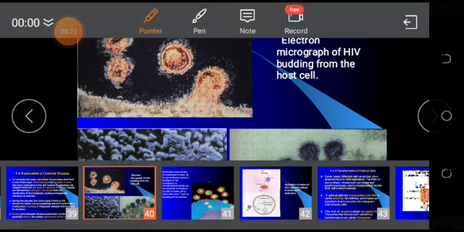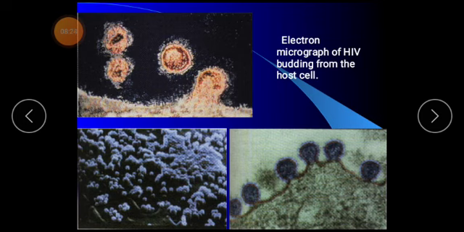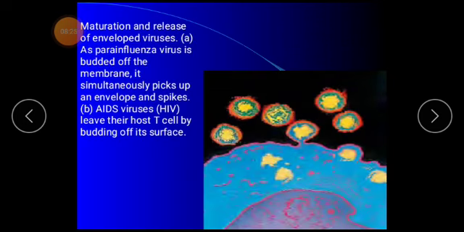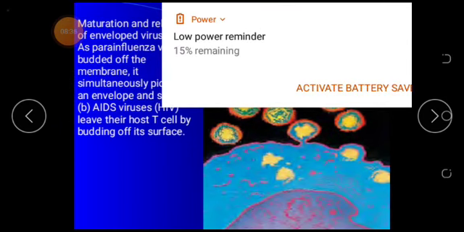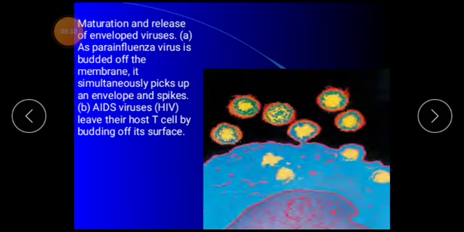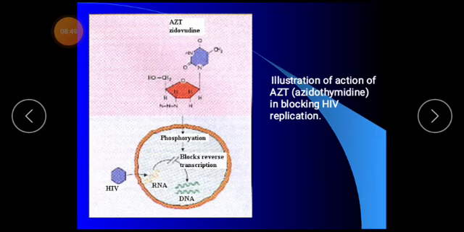So here, try to observe this clearly. Do you understand this? So let us see what goes on in this. Maturation and release of an enveloped virus such as the parainfluenza virus by budding of the membrane. So, an illustration of the action of